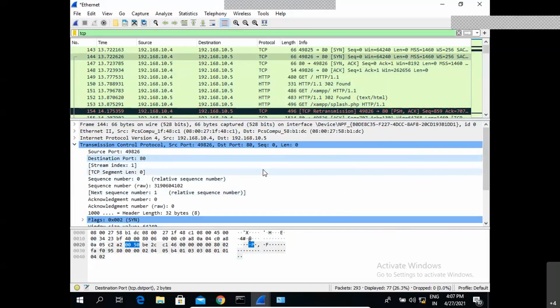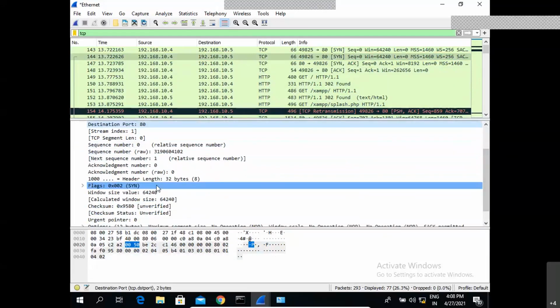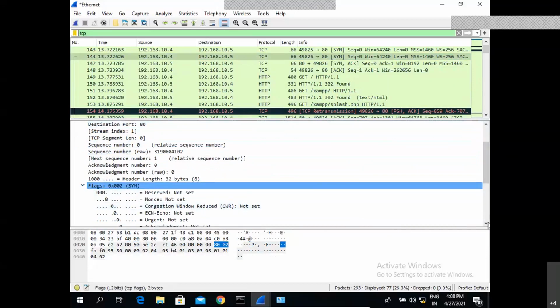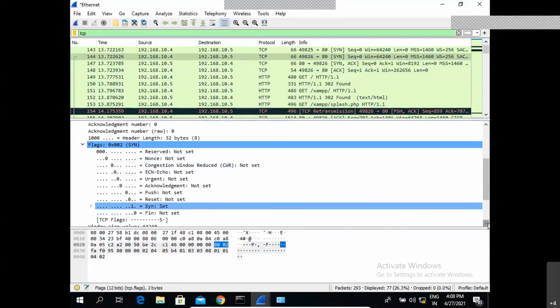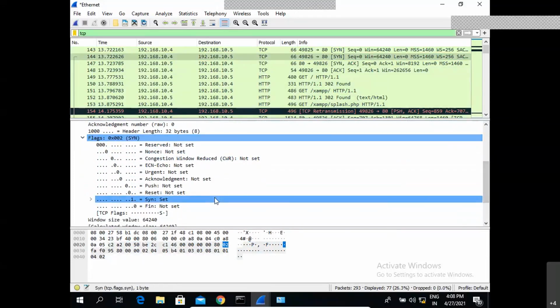So my SYN flag will be set to 1. Out of these 6 flags in the TCP communication, my SYN flag is set to 1. So you can see the SYN flag is set to 1, and I can say that this is my first communication and none of the other flags has been set to 1. Now if you go to the second packet, 147, I can see it is SYN plus ACK.